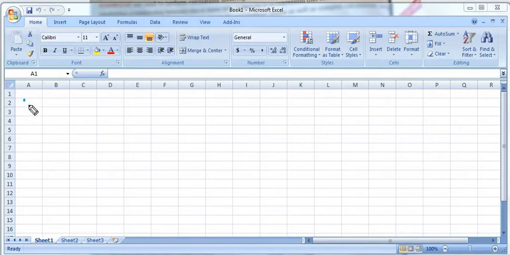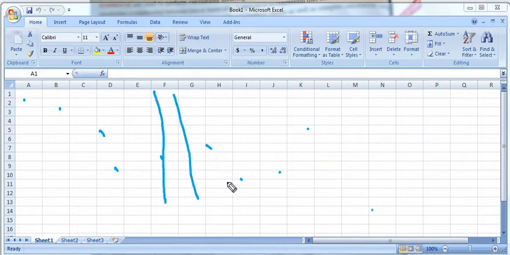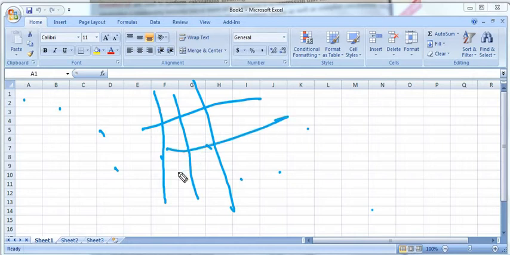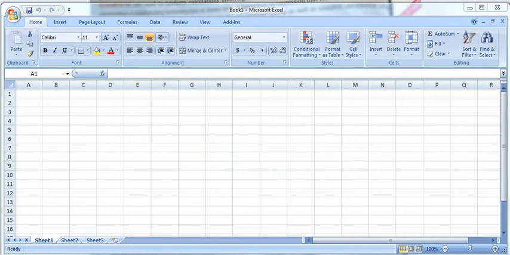Now, each box we can see is called a cell because it is made up of the intersection of columns and rows. A cell is an intersection of rows and columns.